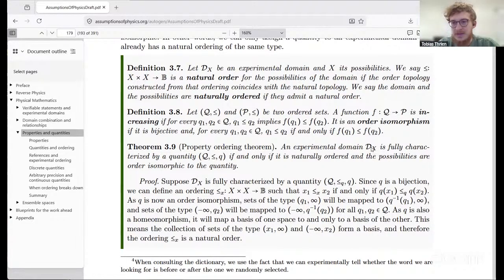But did we start, or did we use the property itself to order the possibilities, right? Yes. In that sense, we also now have an order on that because of that function. You can go back and forth because of that. If you start with the experimental domain and you know that you are fully characterized, you can bring the topology to the other side. If you start with